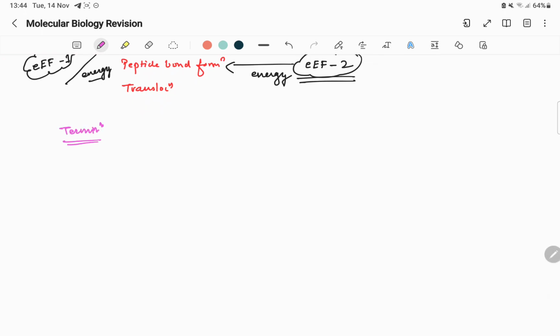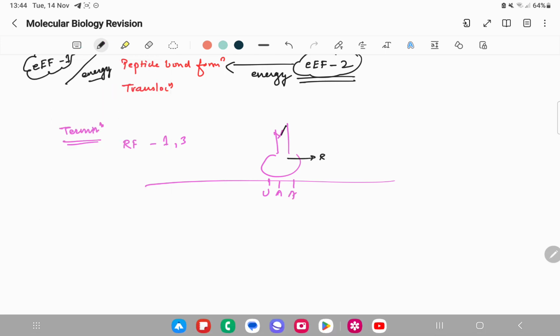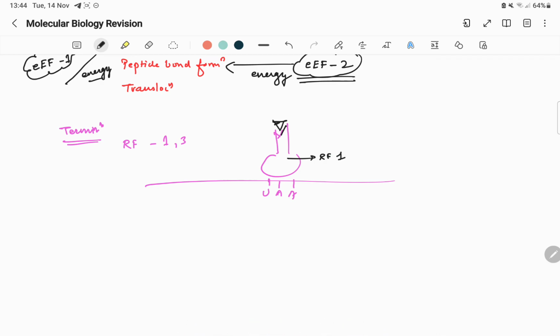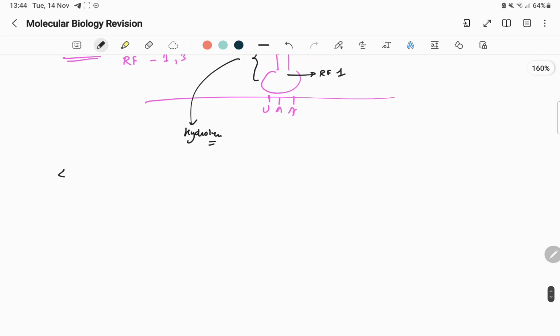So termination is just by release factors 1 and 3. Okay, so let's say this is the stop codon UAA. Here release factor 1 will act. This is RF, release factor 1, and to it binds release factor 3, and this whole complex will hydrolyze the peptide bond. Understood? Next we'll talk about the inhibitors